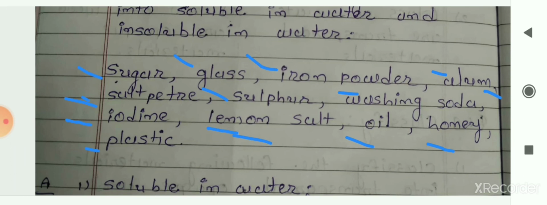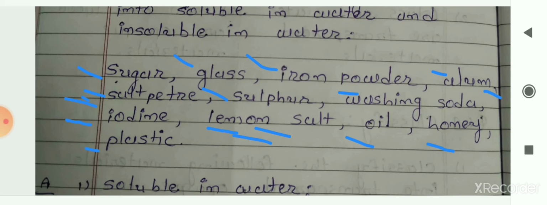First, saltpeter. It is also known as potassium nitrate, or the nitrate salt. People use this as the major source of nitrate. Next, lemon salt. You can also identify this as sour salt or citric acid, and it is added to food items as a preservative, or for flavor, in different food items.